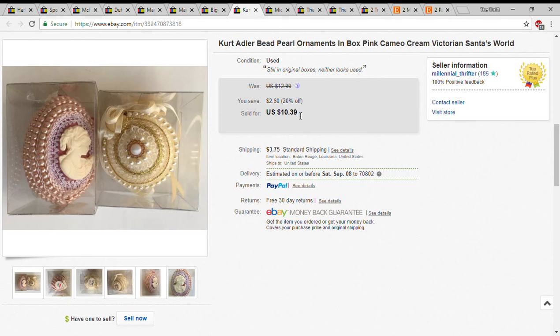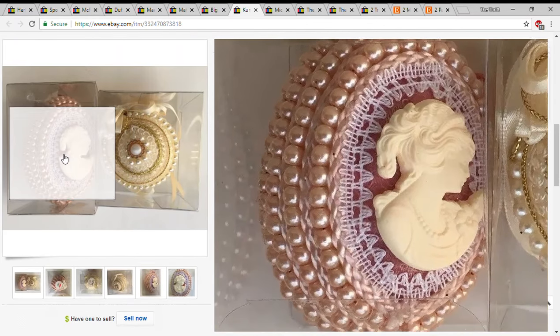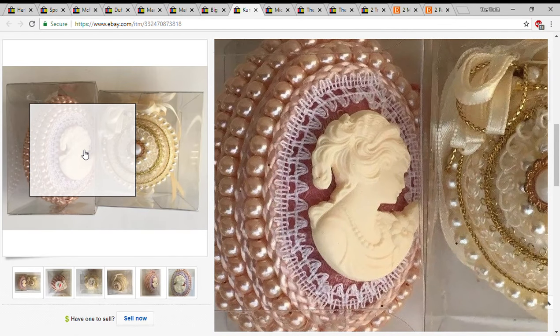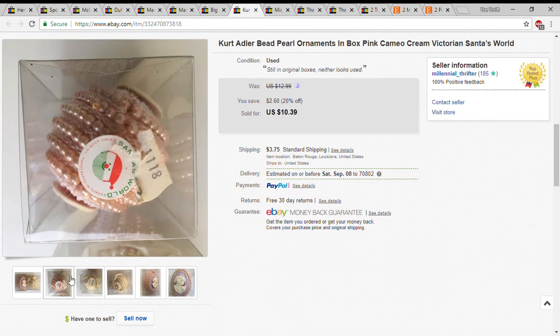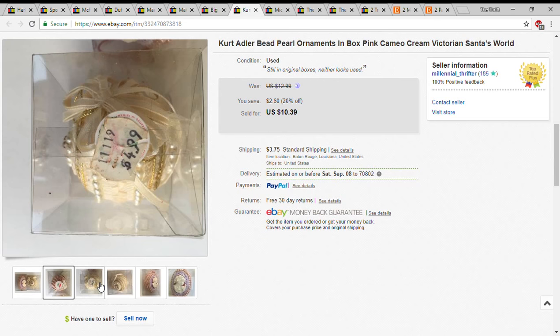Anyway, Kurt Adler two bead pearl ornaments. These were super pretty. The pictures I got of them were not that great. This one had what you call a cameo on it. I think they were from the 80s based on the Santa's World tag here. And I paid